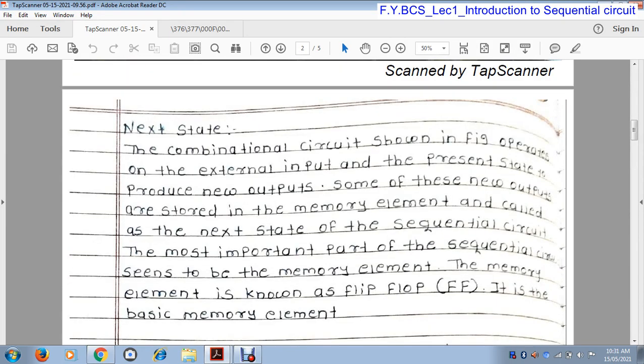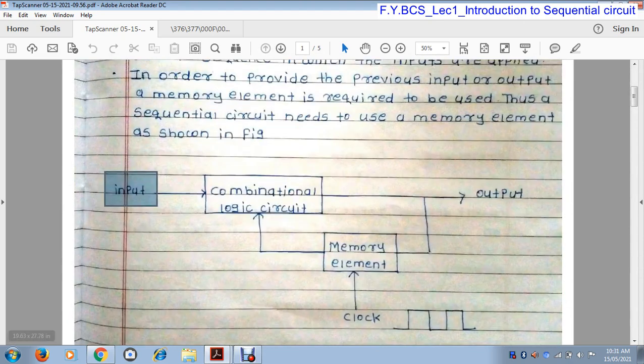Some of these new outputs are stored in a memory element and called the next state of the sequential circuit. So next state means the new output generated by the combinational circuit by using this external input and the previous output stored in a memory element.